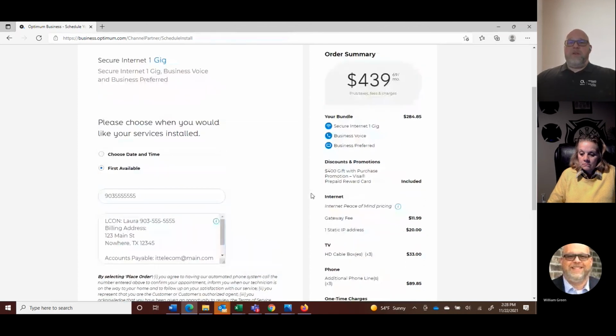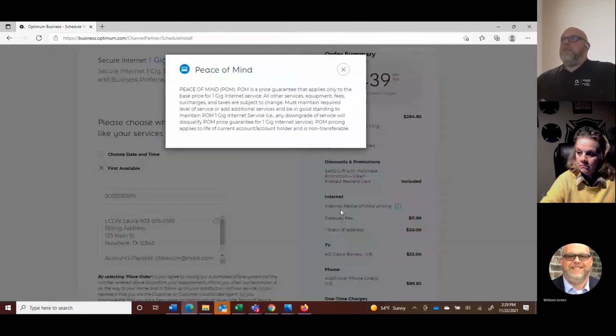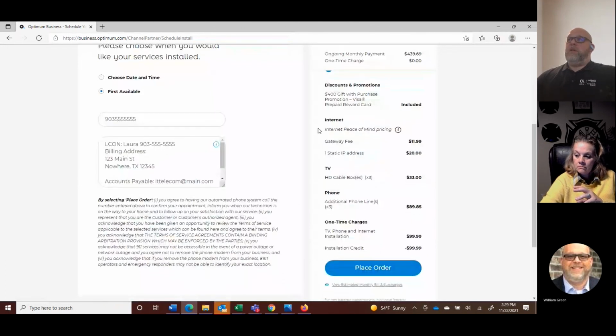All of these services here are month to month. There's a 30-day cancellation, but there's no contract on these. This particular thing has what they call an internet peace of mind offering. If you look at that, it'll pop up here. It'll say the peace of mind offering is a price guarantee that applies to the 1 gig service. That's there for you as well. Customer's ready to go. We hit place order and